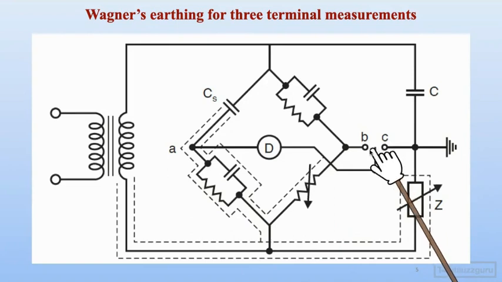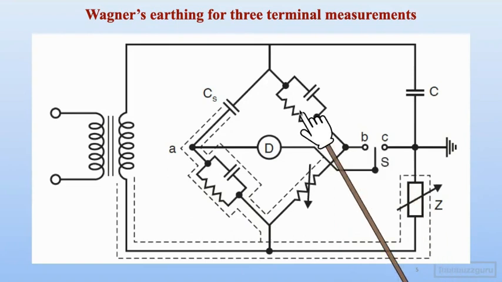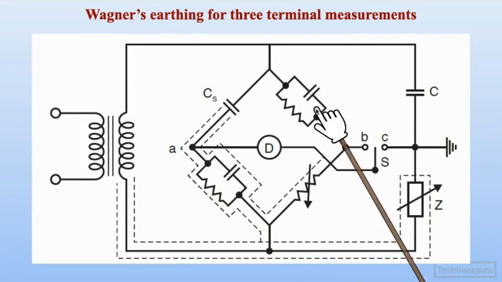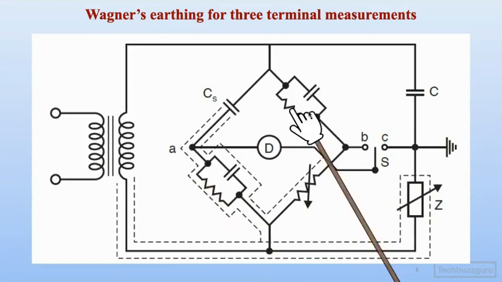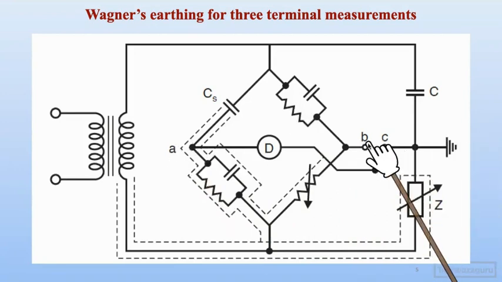Then again we put this switch back to position B and adjust the ratio arms of this bridge, trying to make A equal to B, the null indication. Since A is already made equal to C, it will be at ground potential. B is also made equal to A, so it will again be at ground potential. So the effect of ground capacitance at terminal A and terminal B can be eliminated in this particular method, right? Let us just highlight these ones. This is the upper terminal grounded, lower terminal grounded through an additional set of ratio arms.